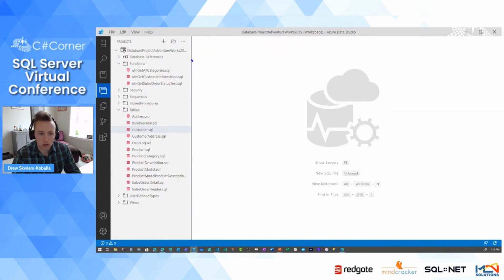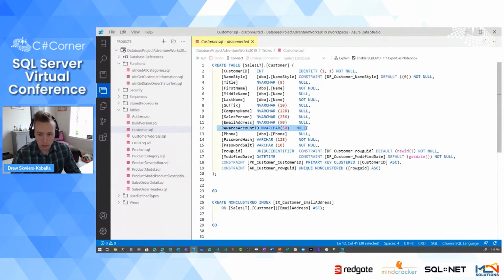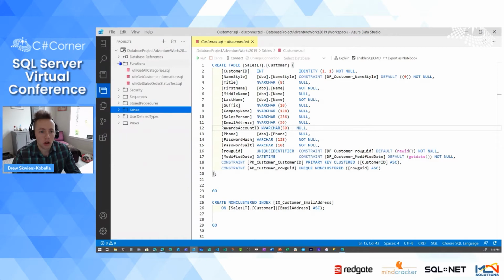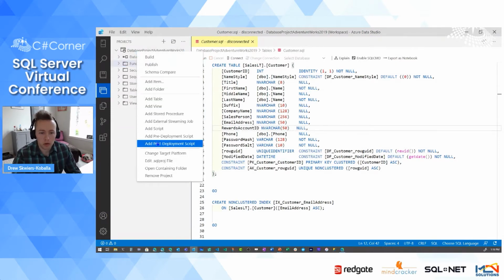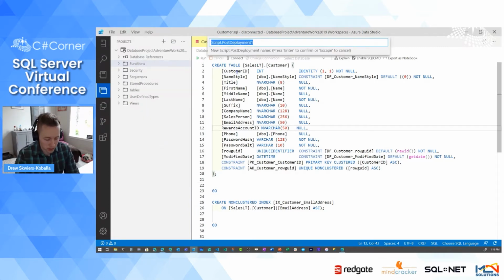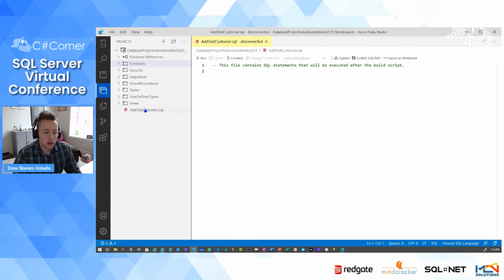So let's take a look at not only were we able to just modify the schema flat out, but I mentioned earlier those post-deployment scripts. We can add all kinds of new tables, but I wanted to focus on a post-deployment script because it allows us to break out of the mold as we need. So I'm going to say add test customer is my post-deployment script name. And this adds us an extra SQL file